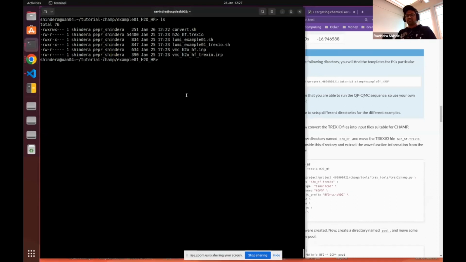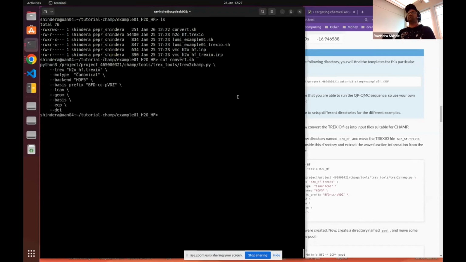So here is the conversion script which comes with champ, which is also available at this location. You can see that it was a part of TREX IO tools. This is a Python script.